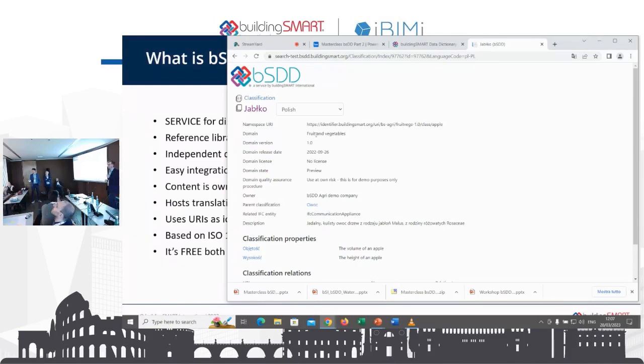I have a question. I don't know if I have understood it correctly. What is the business model here? Can you say it's free to use? So if we create a Swedish buildingSMART data dictionary to be used by all the companies, shall we not pay something for that? How is that?